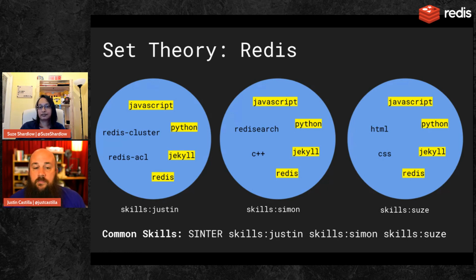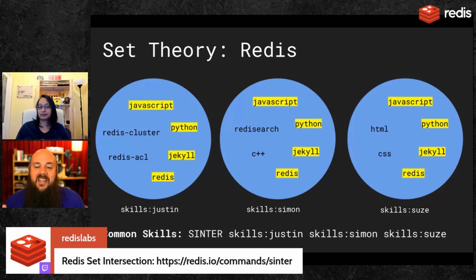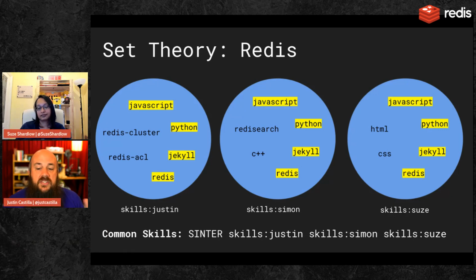Simon has, as you can see, JavaScript, Python, Jekyll, Redis search and C++. And then Suze has JavaScript, Python, Jekyll, and Redis, and is an absolute wizard, as we established previously, with HTML and CSS. So if we want to find out the common skills between all three of us, we could visually inspect, yes, but if we want to do this programmatically and using Redis, we'll use the command SINTER,